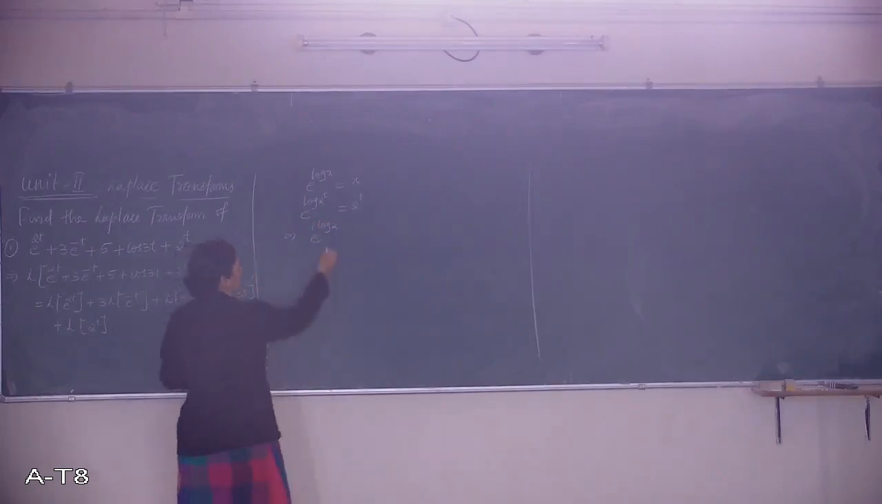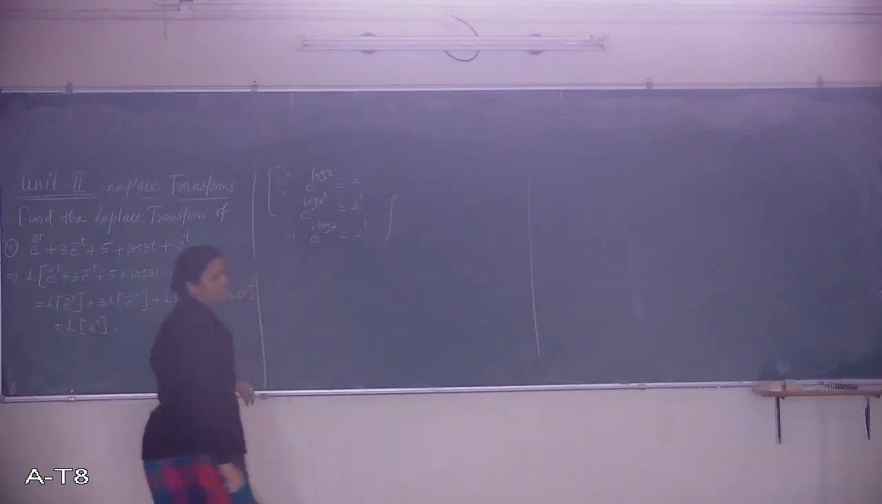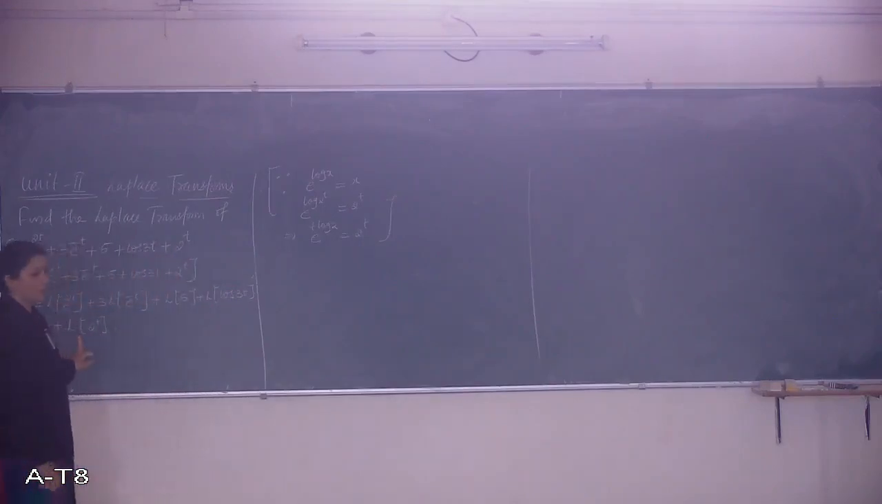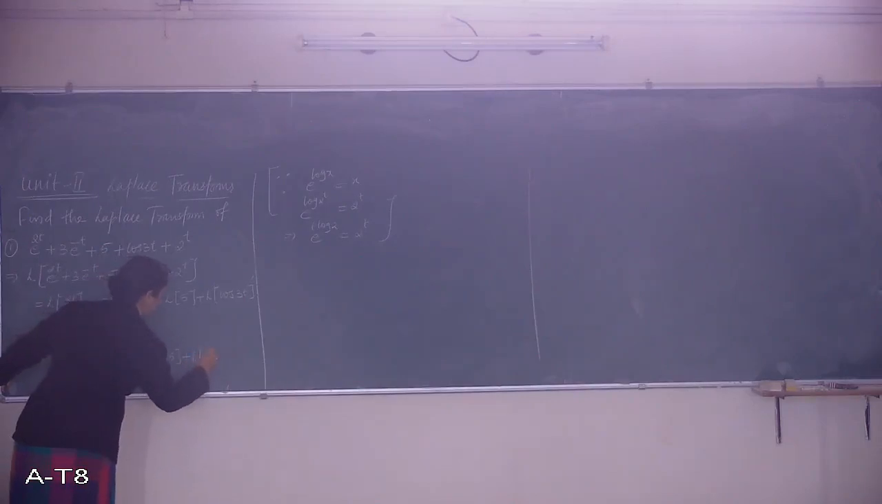Okay, so that is equals to 2 to the power t. So this is the result. So by result we can make the changes in our given function. Now the same I write one more time: Laplace transform e to the power 2t plus 3 into Laplace transform e to the power minus t, plus Laplace transform of 5 plus Laplace transform of cos of 3t